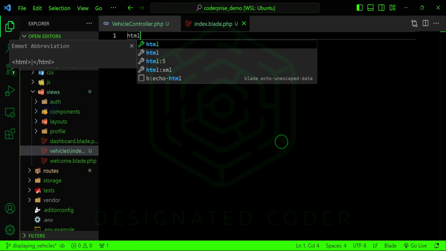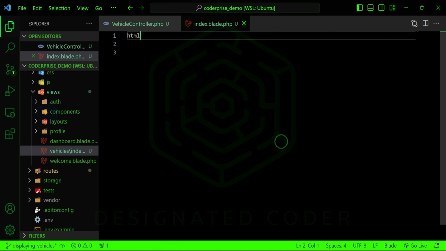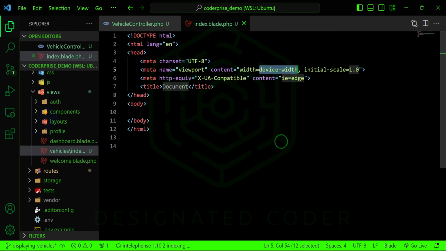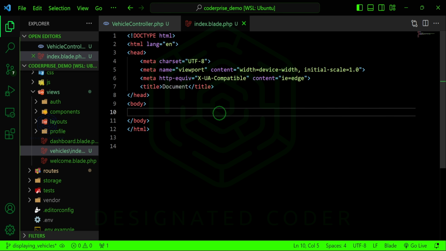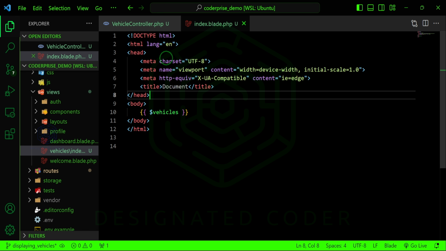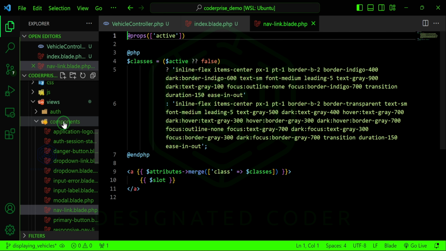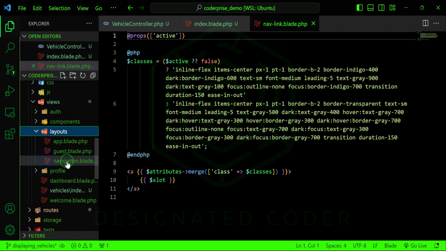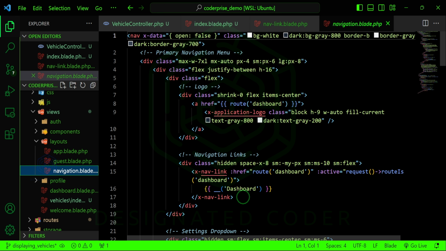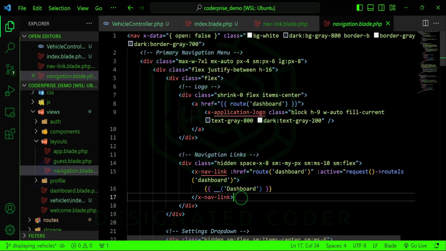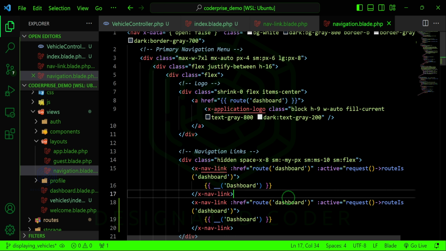So for now, I'm just going to put some temporary scaffolding. And here I'm going to add, you have to forgive me, it's been a while since I've really dealt with Blade files, so some things I am going to forget, but we're going to do the best that we can. Also in the navigation component, but in the layouts, navigation.blade, I'm going to copy this because I want to create another link to that